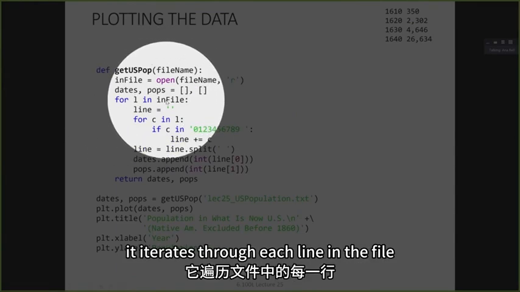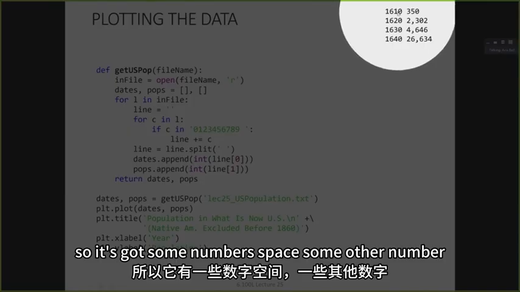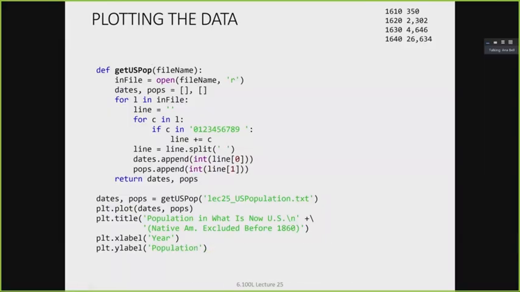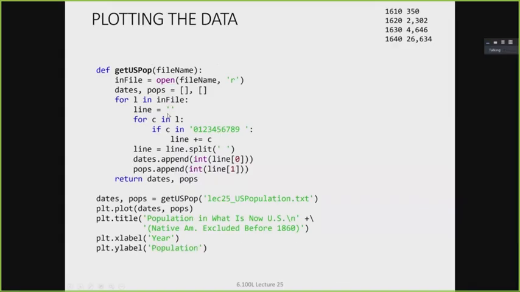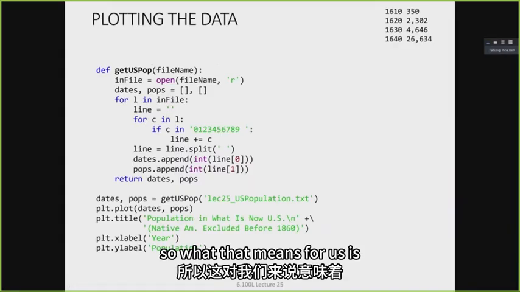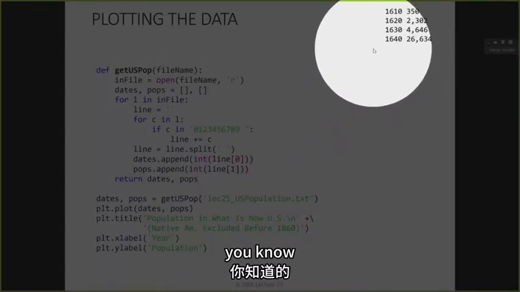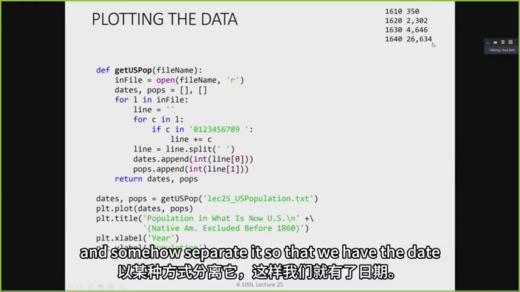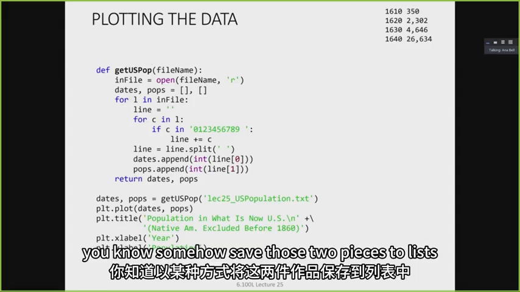It iterates through each line in the file, so I've put up what a line in the file looks like up here. So it's got some numbers, space, some other number. But when we read in a line from a file, Python actually reads it as a string. So what that means for us is we're going to have to take this string, each line being the string, 1640 space 26,634, something like that, and somehow separate it so that we have the date and then the number of the population,